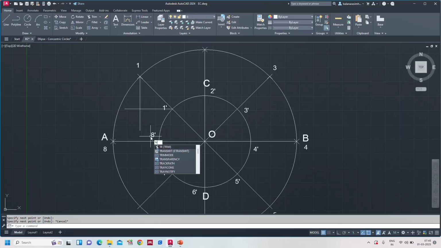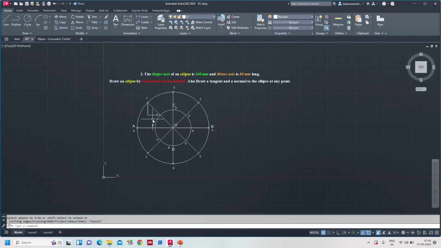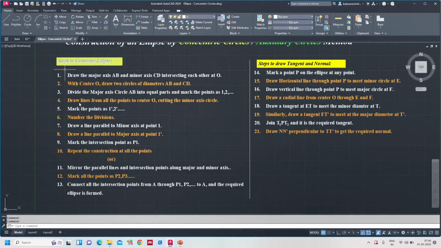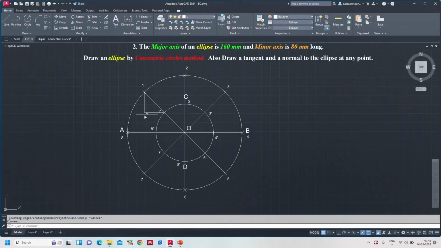Now TR, enter, trim, trim. Mark the intersection point as P1. This one as P1. So this is one method I can tell you. One more method I can tell you is how to mark this point without drawing the line and without trimming, etc. So you can see what I am going to do. To draw this one, first of all,